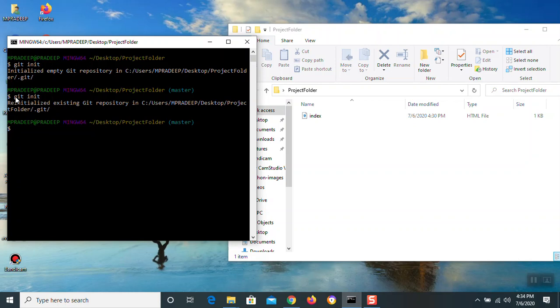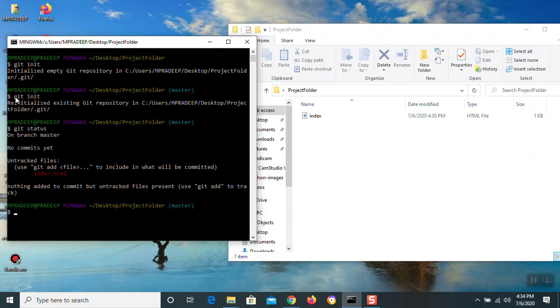Okay. So this is great. But notice how it says empty Git repository, meaning that we have not actually added anything to this repository. When I say git status, it says no commits yet, untracked files, nothing added to commit but untracked files present, use git add to track.